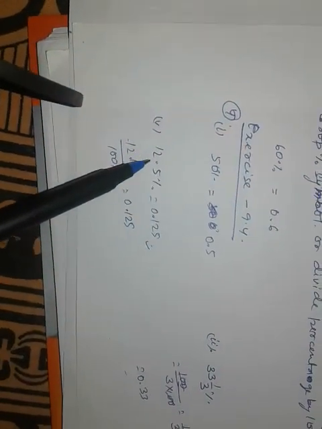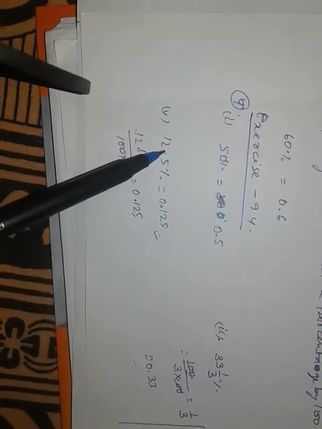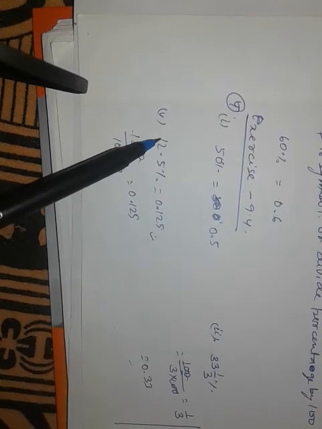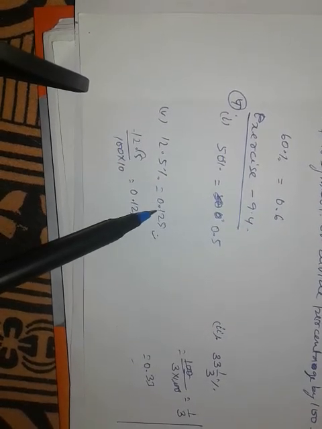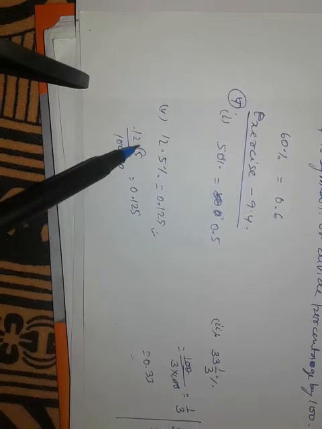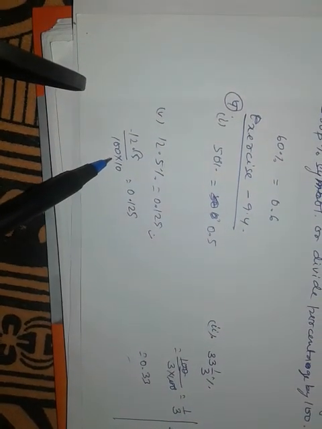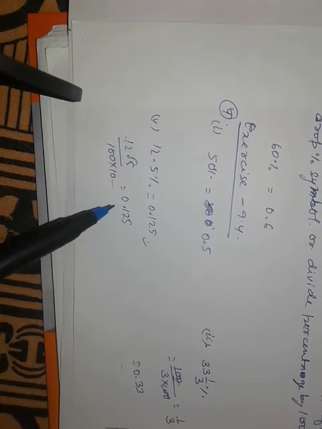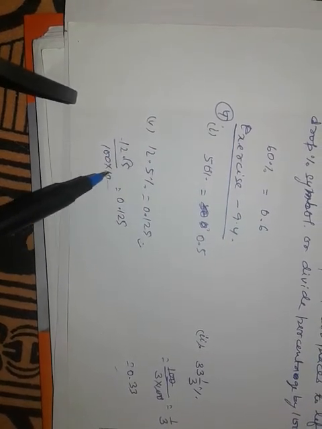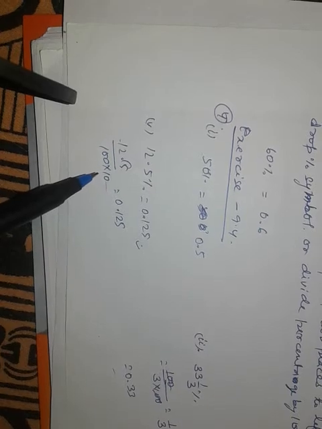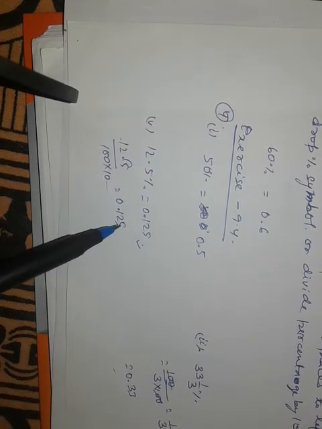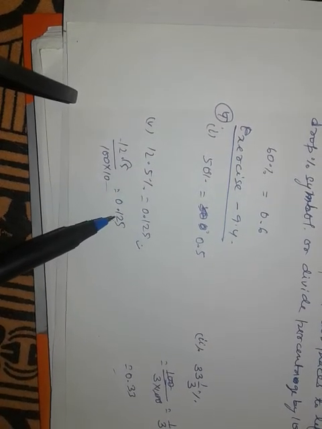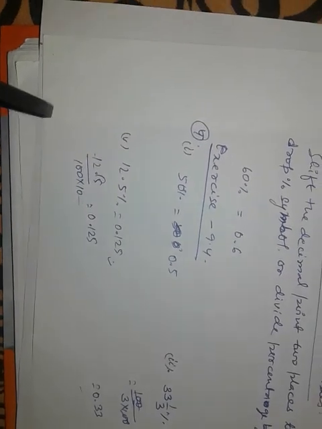Now the third one is very easy, the decimal point. We move this one to the left, like this. It goes before 1, and we get 0.125. Or else you can divide it by 100 and also get 0.125. How? When we remove this decimal, we get here 1000, then there is 3 0. Then we put the decimal after 3 0, which is 1, 2, and 3. So like this you have to solve.